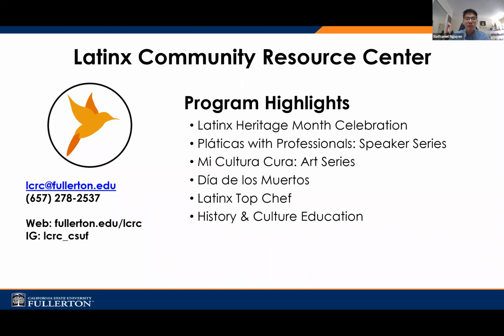Our next center is the Latinx Community Resource Centers. Prior to this, it was called the Chicano Resource Centers, and a lot of students didn't feel as included because Chicano refers to Mexican descent. And so in order to make the community more inclusive, we did an assessment to ask students, faculty, and staff,